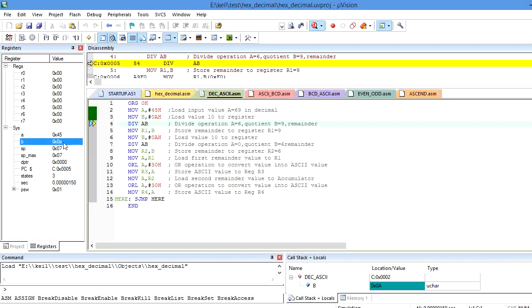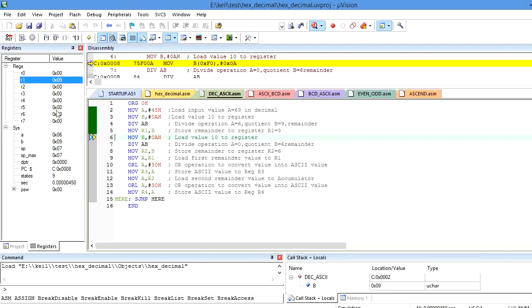After execution, A becomes 6 and B becomes 9. See, A is 6 and B becomes 9. A is nothing but the quotient and B is the remainder. And I will store the remainder into the R1 register by using move R1, B.